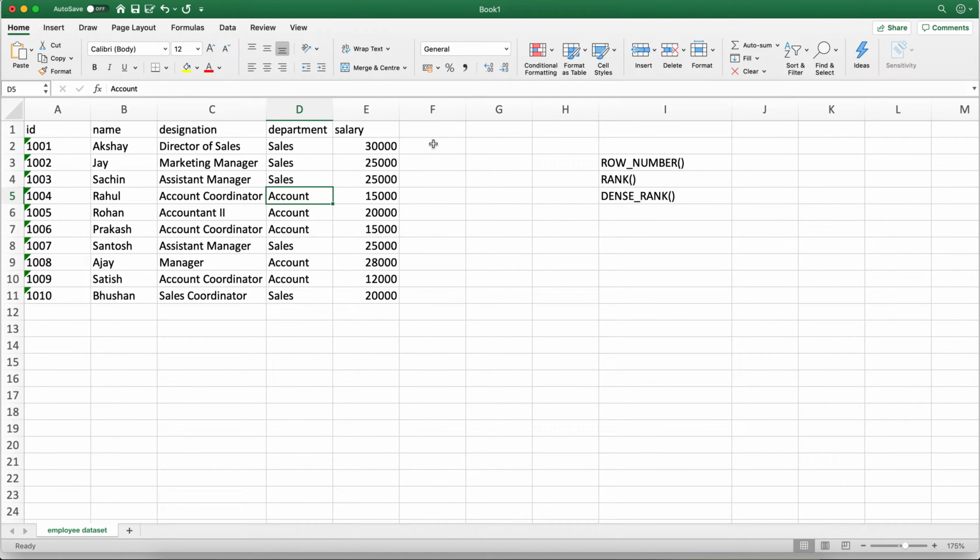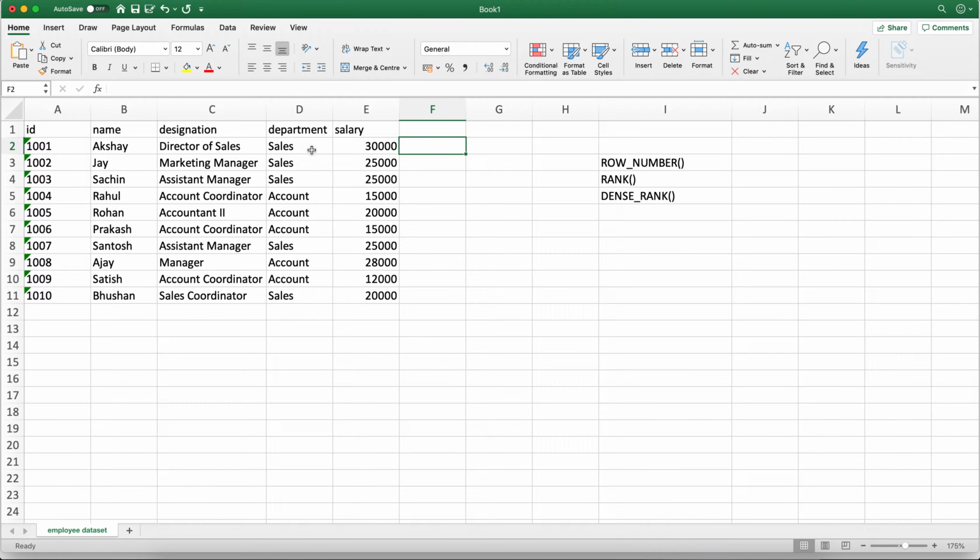Basically what I want to do is, let's say somebody is asking me to show the salary of your employees, partitioned by your department. When we say department, it's either sales or account in our case.